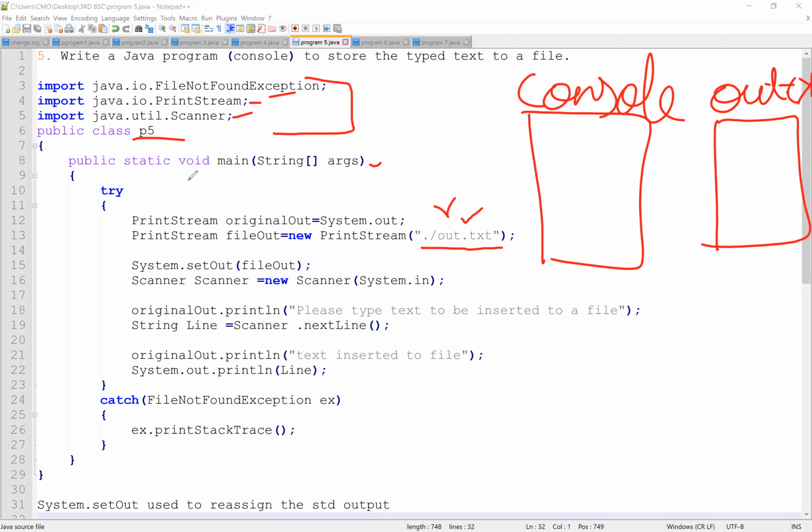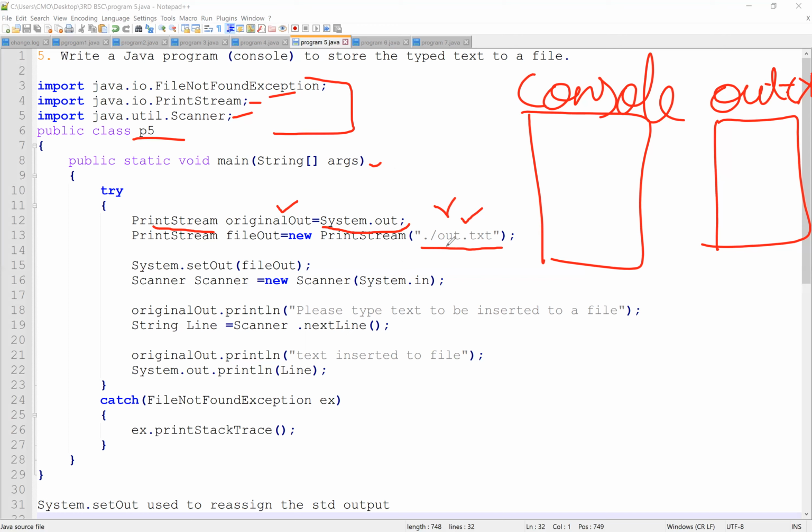For that we need to use PrintStream. Original output is the variable name that we are giving. System.out means it will be displayed on our console.